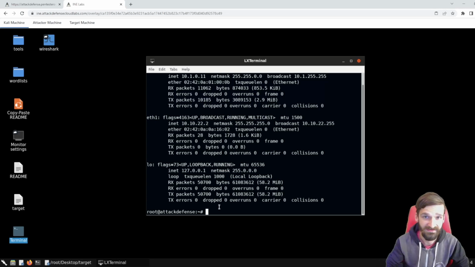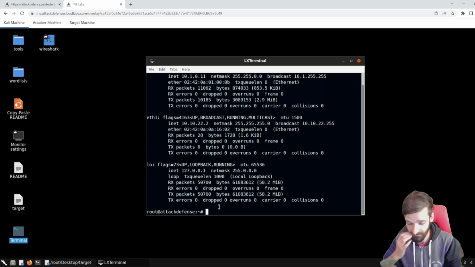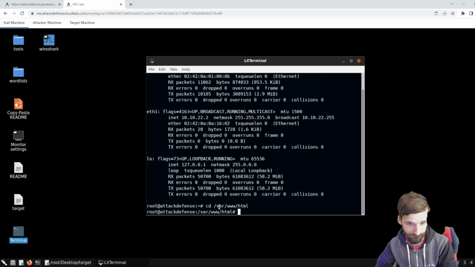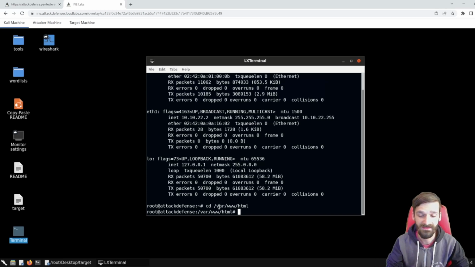Now, the next step that I'm going to perform is simply move over to the default folder for the Apache web server, since it is the method that I am going to be using in order to transfer my payload over to my target machine, but there are many ways that you can use to do that. So what I am personally going to do is simply move over to the /var/www/html folder, and I can now use a component of the Metasploit framework called MSFvenom in order to build